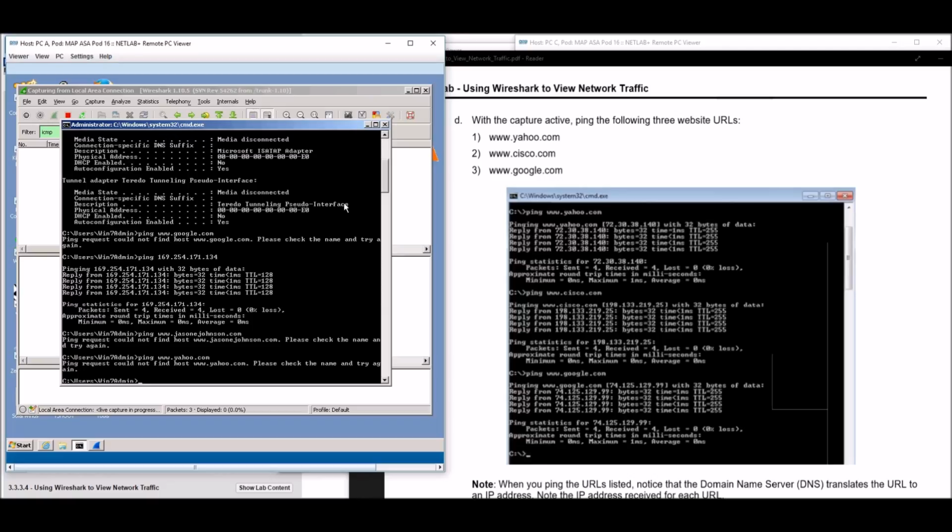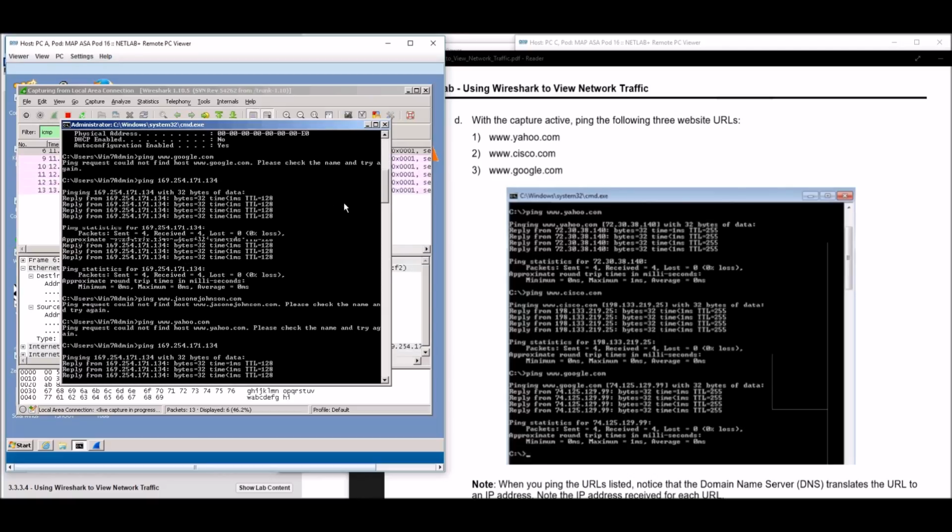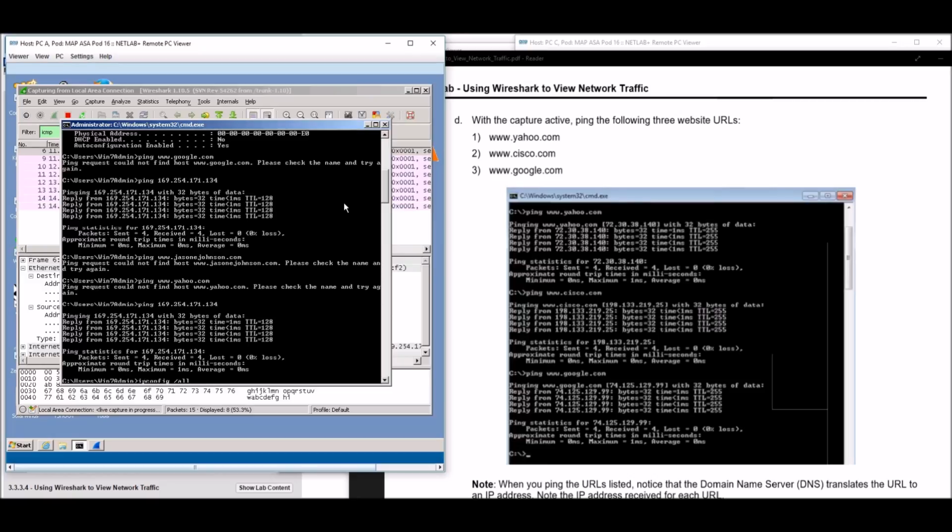So why is the ping not working? What did we ping before? Okay, right. We're not able to ping out to the internet. That's right, because I tried to get to a web page and it won't work. So you'd have to have internet access if you're going to do that.